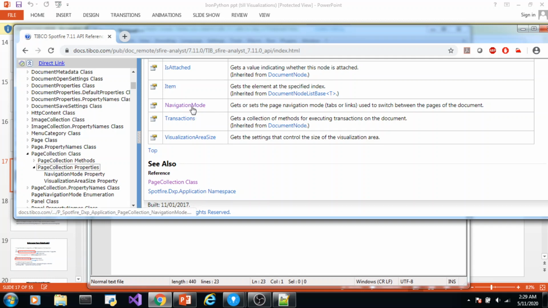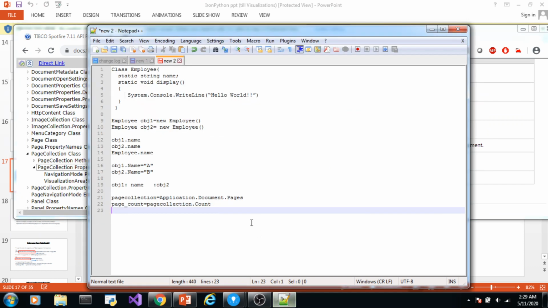Similarly, there is a property called navigation mode. We will see that later. So you can set navigation mode something like this: page collection dot navigation mode equal to, we'll see how to set.